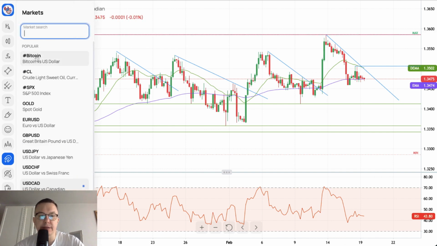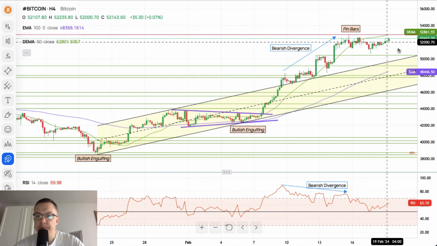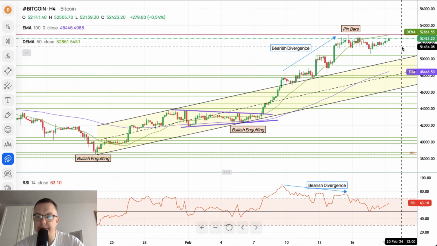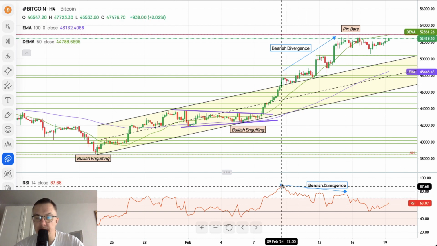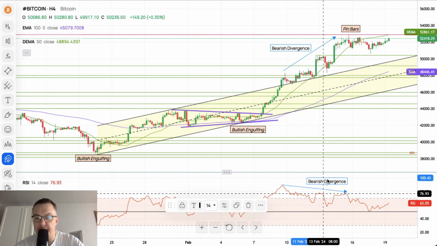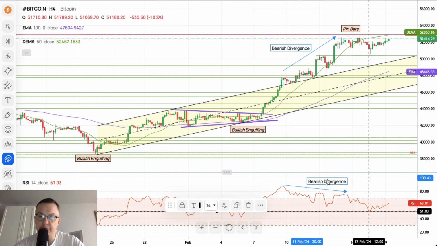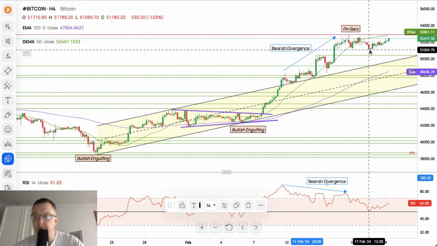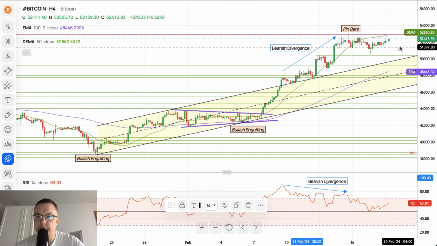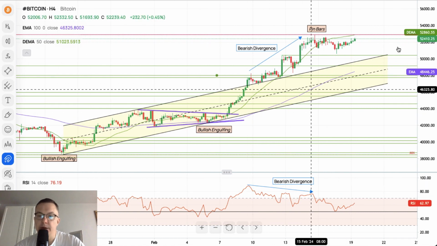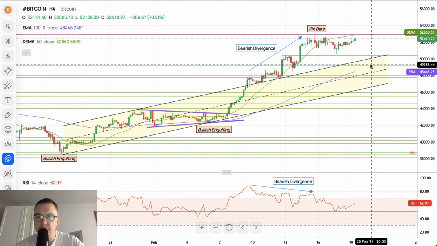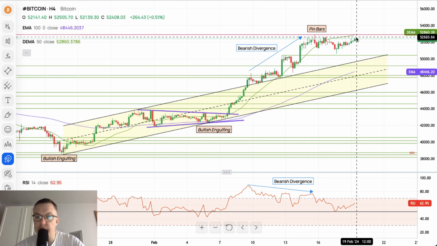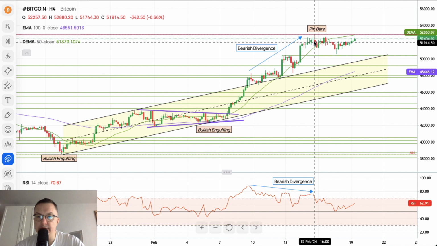So last but not least, Bitcoin. What Bitcoin did was quite spectacular, because we are done with the bearish divergence, because we went towards the neutral level. Right, so these weekly consolidations here, and this first pullback and consolidation during the weekend was apparently all in line with our expectations. Now we are way above our main channel, which is the yellow channel. Now we are approaching the last week high,